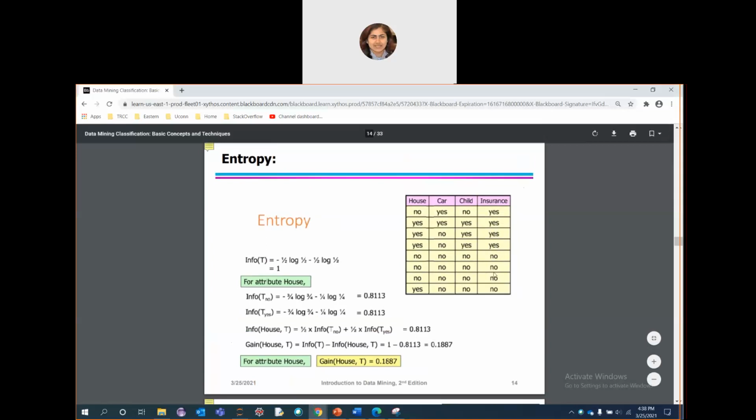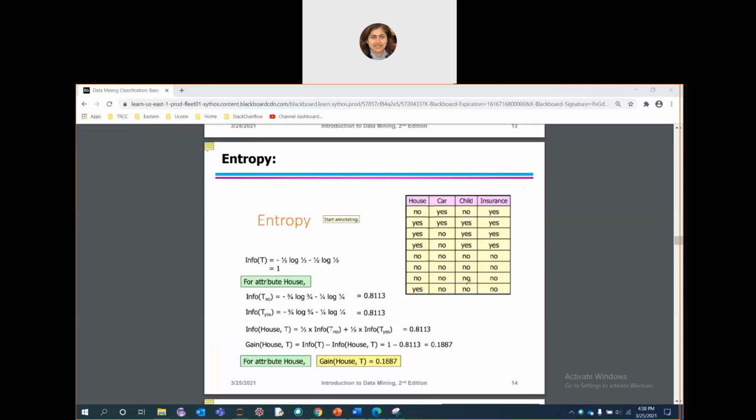That is yes and no. So how many instances are there in total? 1, 2, 3, 4, 5, 6, 7, 8. Total 8 are there. Out of total 8 instances, how many are yes? 4 in the insurance, and how many of them are no? Total 4,